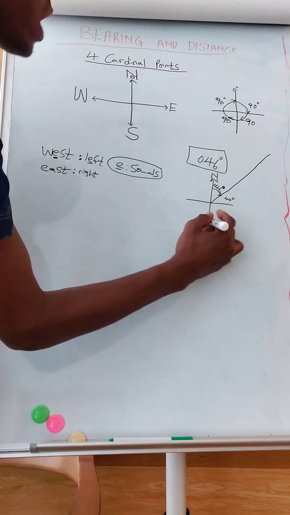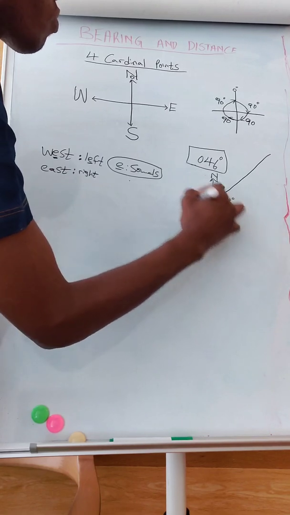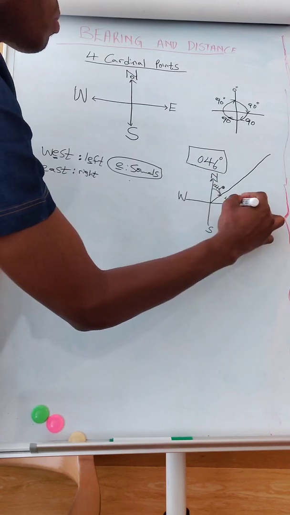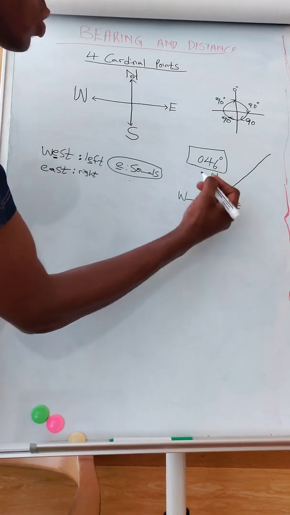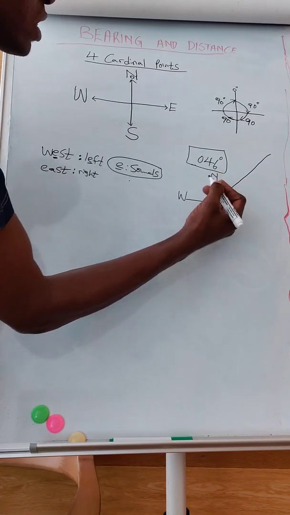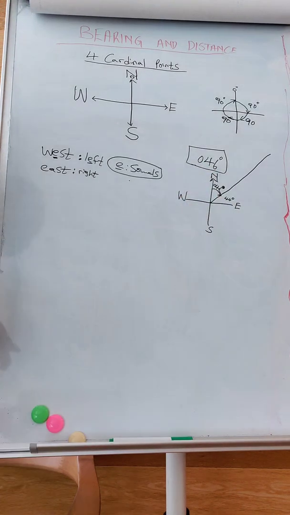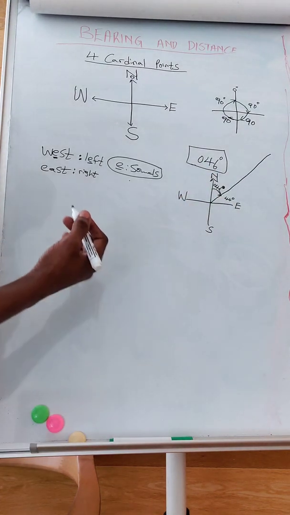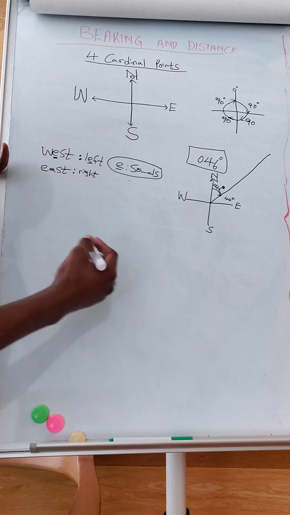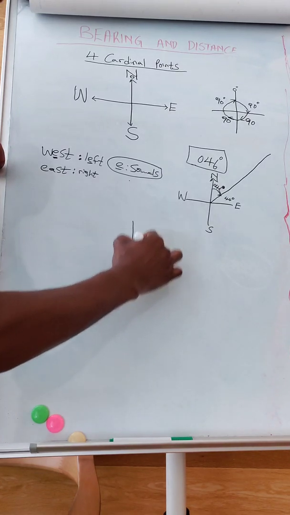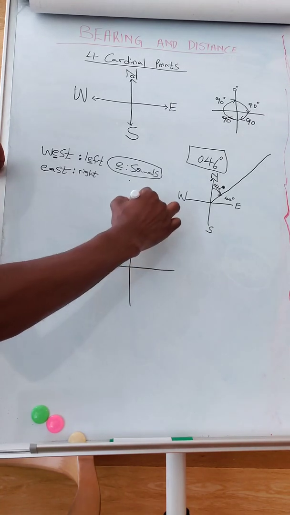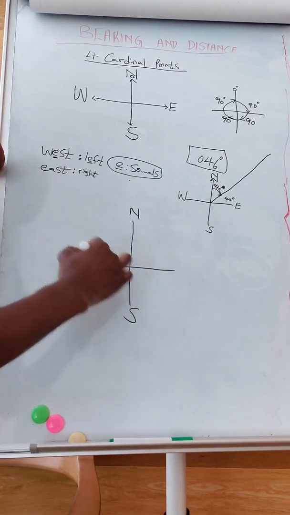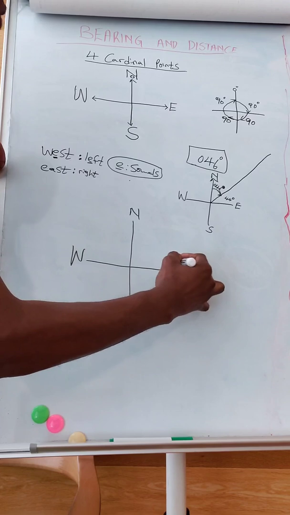Draw your cardinal points, then take note of the sizes of the angles. This is 90, 90, 90, 90. I think that is it under how to draw the four cardinal points. Then another thing is labeling. In the four cardinal points, when you want to label,